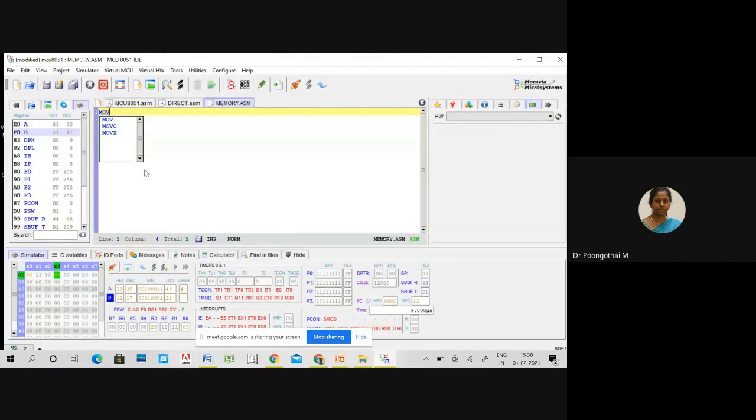Move DPTR, comma, hash 00B0H. Okay. Next move A, comma, hash 02H. Move C, A, comma, at A plus DPTR.